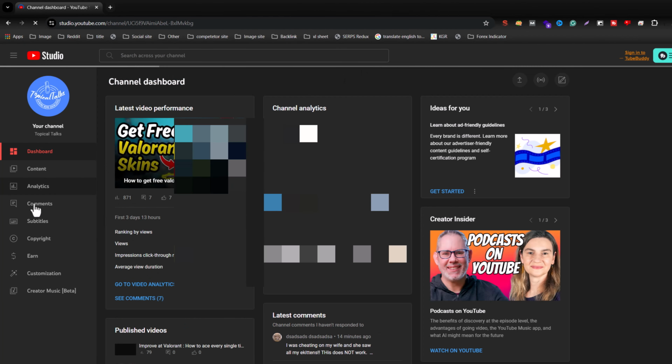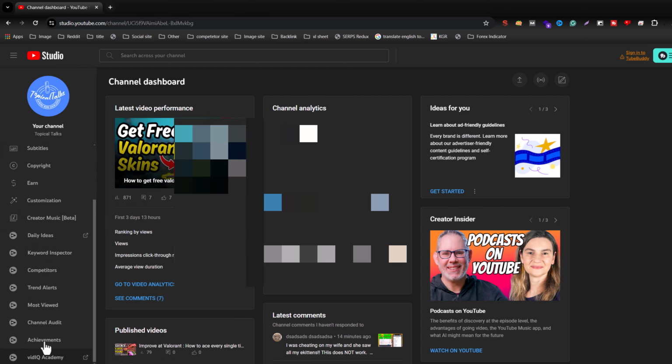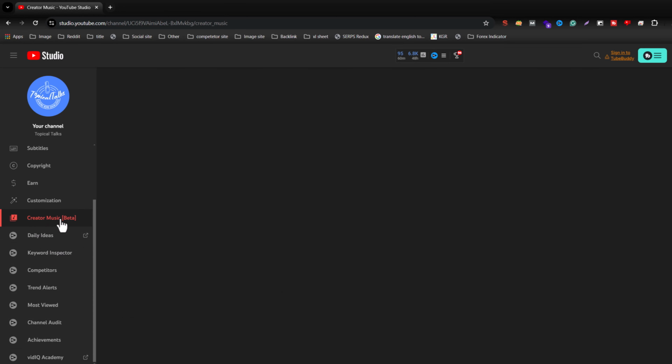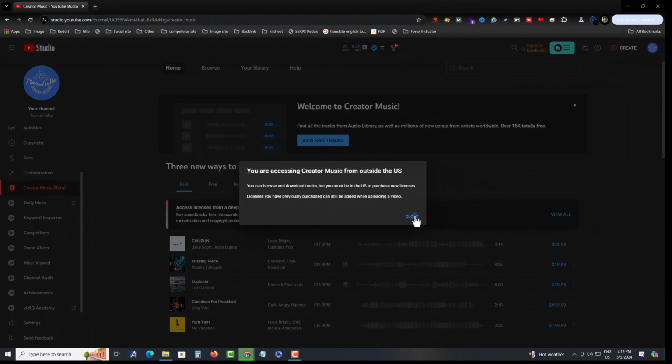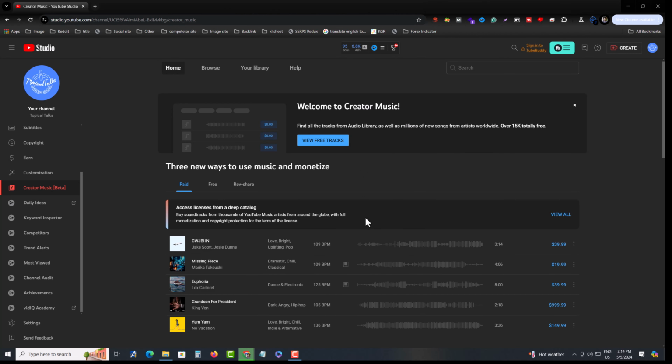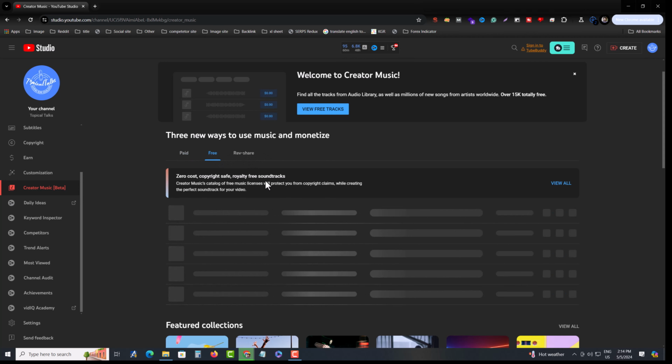and then you can see this kind of interface. You have to scroll down and you see Creator Music Beta. You have to press on Creator Music Beta. You are accessing creative, you can skip it, and then you can see different kinds of music, paid and free or revenue share. Revenue share means it's totally free